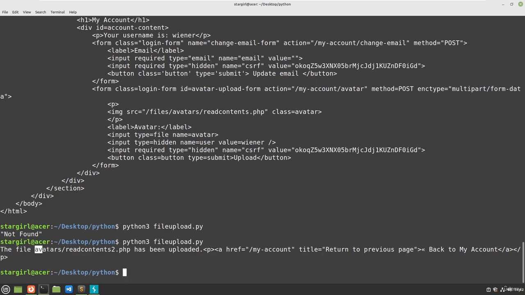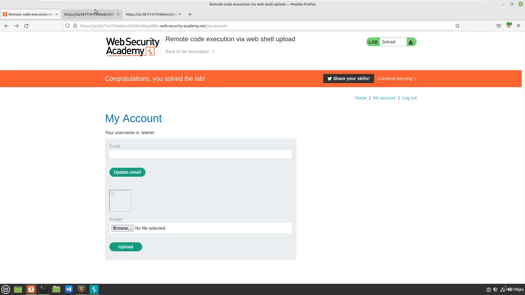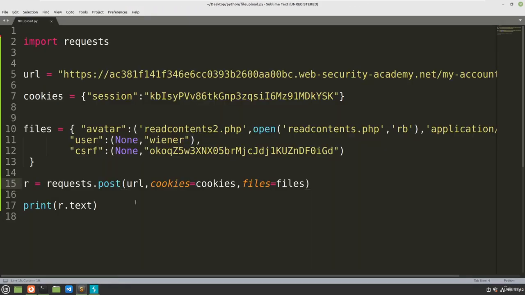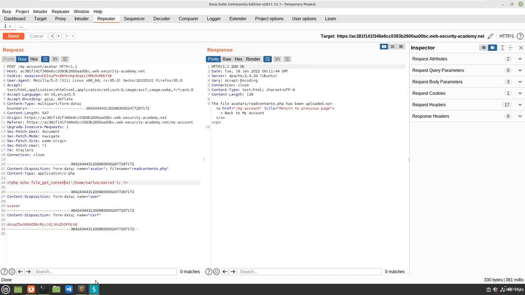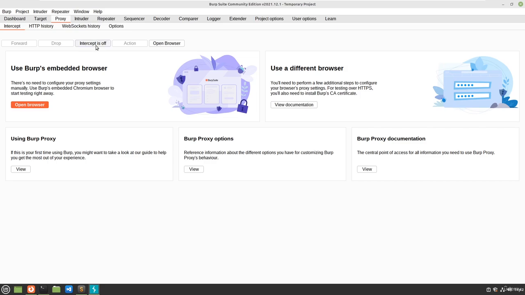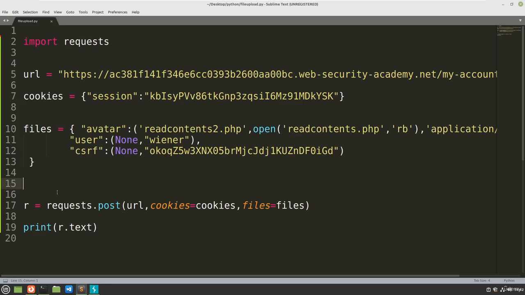And now you can see the avatar for read contents2.php has been uploaded. Now if you go to read contents2.php, you get the data. So this is how you upload using Python. Now what we are going to do is send this whole request to Burp Suite so that we can see what is happening, how Python is sending this, and whether it is exactly the same as our Repeater one. So we can say proxy equals,